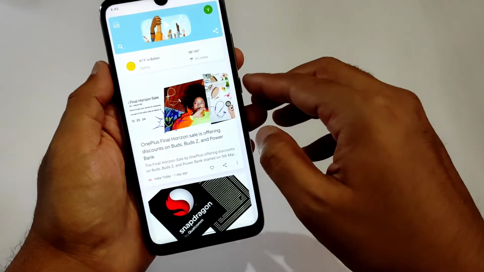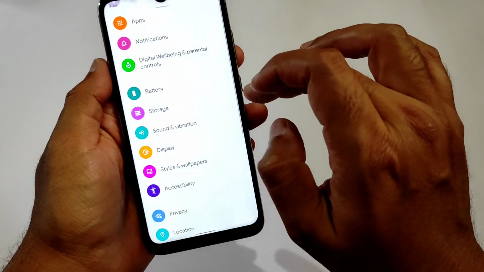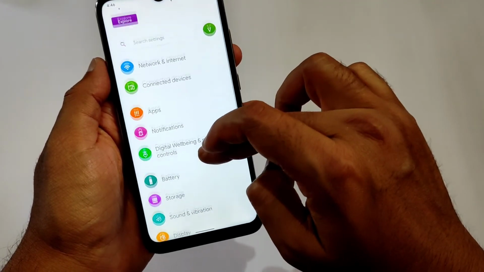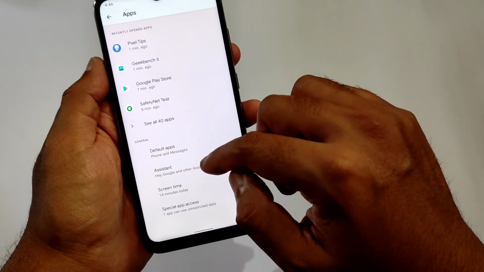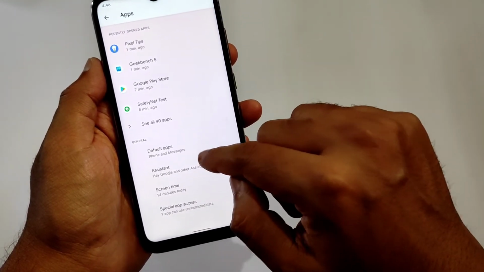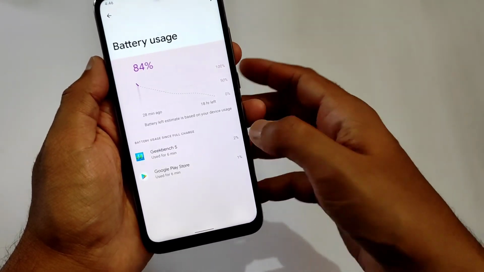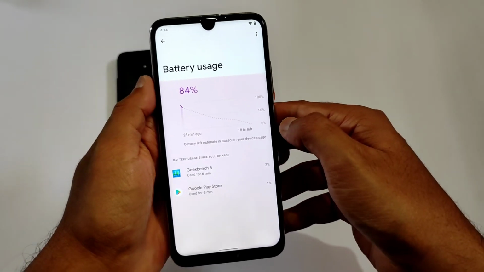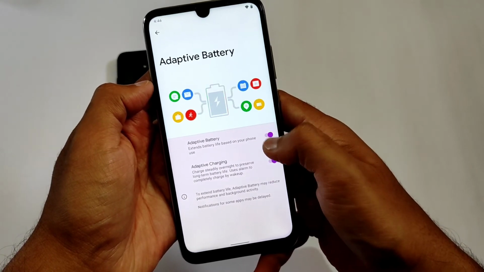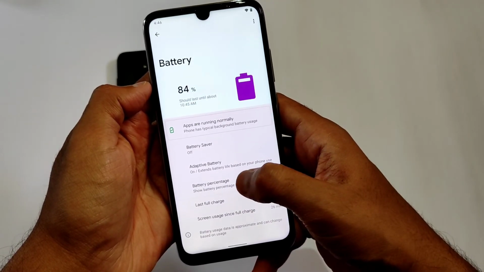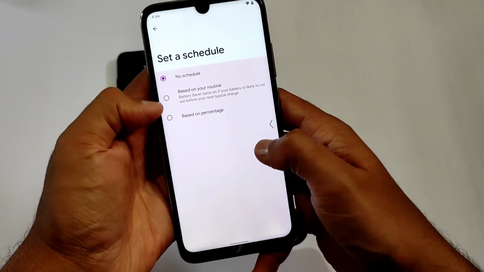This is the Android S, actually Android 12 or S. Let's see what they will name it. And here the apps section, some of the permissions you can choose from here, as you can see. And this is the battery settings. I have used it a couple of minutes also. Here adaptive battery is there, something like adaptive charging is also included in this Android 12, and this is the extreme battery saver. You can schedule it from here.